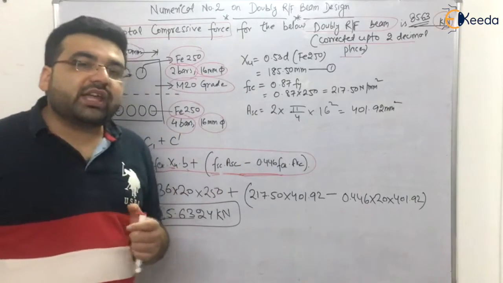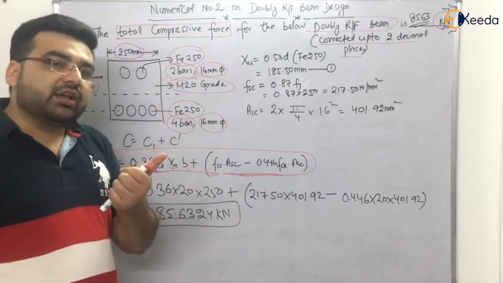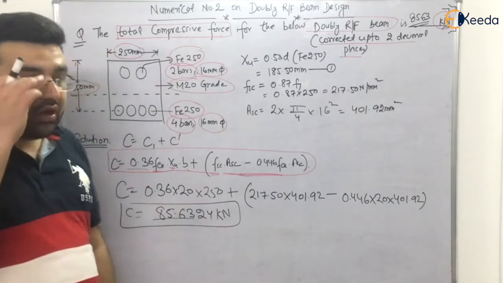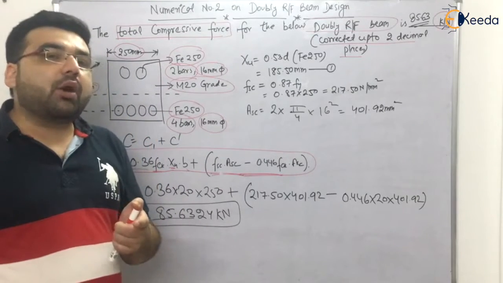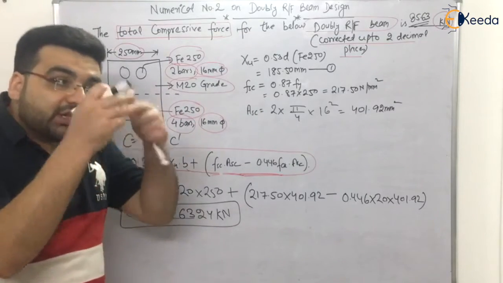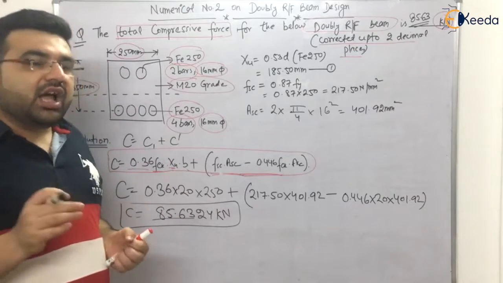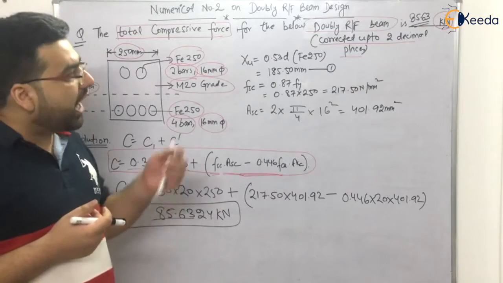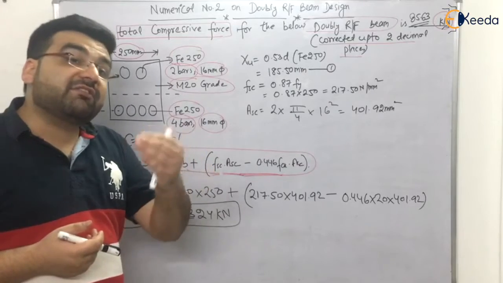Now one more important thing, in the subsequent lectures I will be telling you about the flanged beams, right? Flanged beams I will be explaining in detail the derivation of flanged beam. We will be solving some numerical also, but at the end of the flanged beams I will also be telling you about some very important IS recommendations about the beam, about the deflection in the beam, right? How much deflection it should not cross, right? About the shear in the beam, maximum shear, how much can be there in the beam, right? So I will be telling you a lot about the IS recommendations in the lecture of the flanged beams, right?